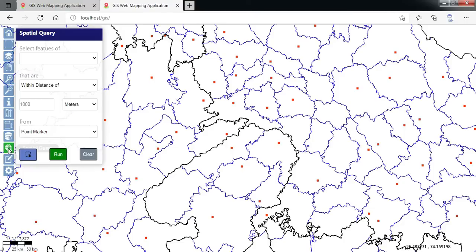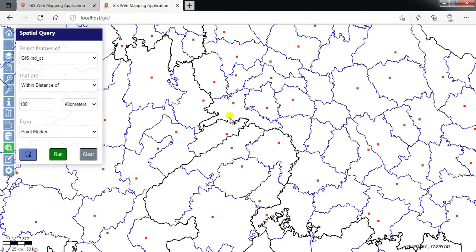When I click on this button, it opens up a spatial query dialog like this. It will ask for the layer in which you want to select the features. All the three layers are added into the box automatically. Then the selection criteria, within distance or intersecting, and then I can provide the distance parameter along with the distance units. Once these inputs are provided, it will ask for the marker location for the buffer, within point marker, line marker, or polygon. This button will allow me to put the marker on the map.